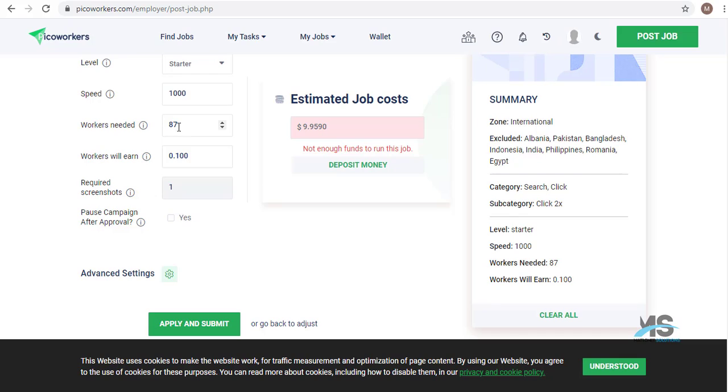With 87 people at 0.1 as their earning, your $10 will be okay to get 87 favorites